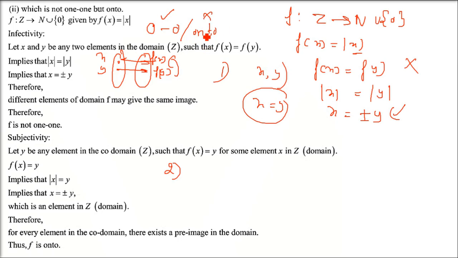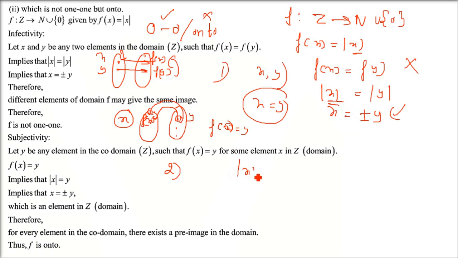Second one, we are going to check onto. What does onto mean? Onto means that for every y in the second set there has to be a corresponding x. It has to be there for every y. There should not be any y remaining, right? So f(x) is equal to y. Every y should have some x. Y should have come from x only. X doesn't matter. Y should not remain.